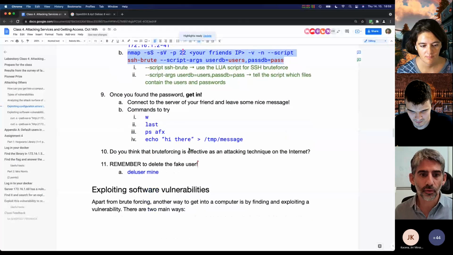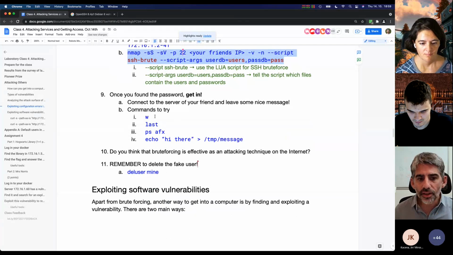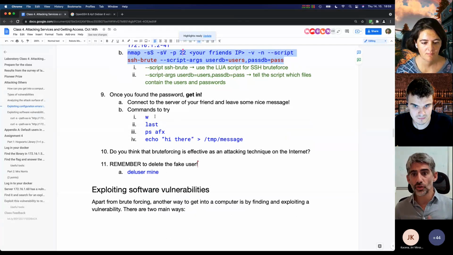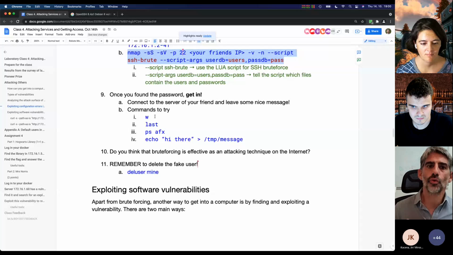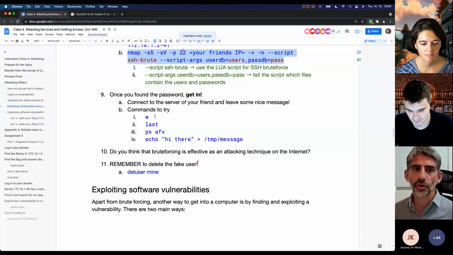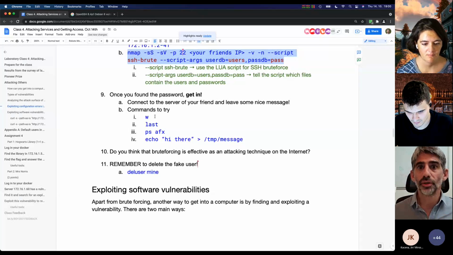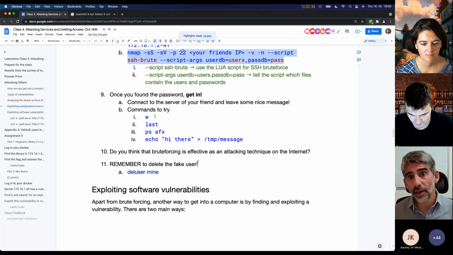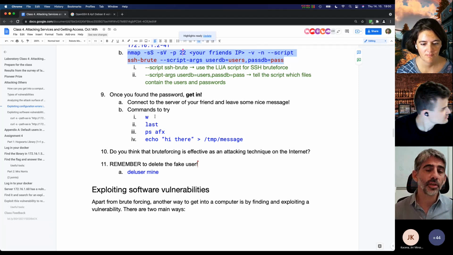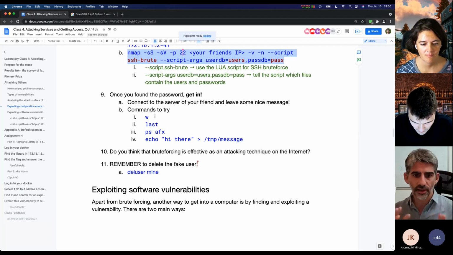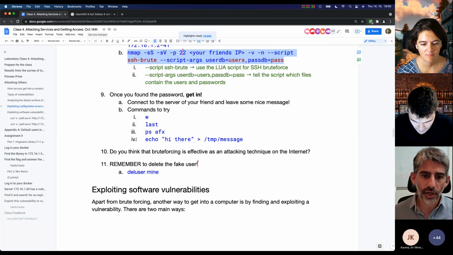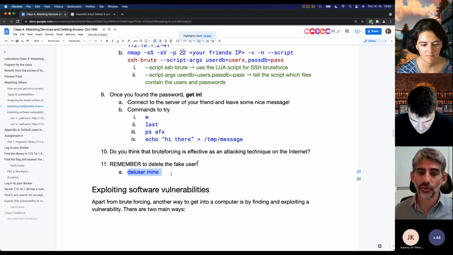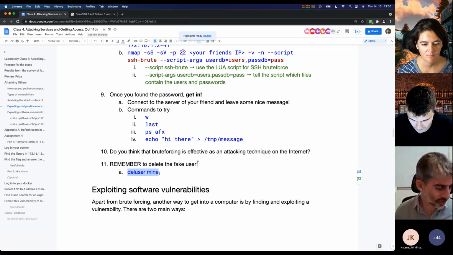After this, we get inside. We did the first exploitation, which is brute forcing. Now you are able to find computers in the network, to find the passwords, and to get into different services. SSH is one. You can do this in many others like Telnet, FTP, the web, TLS, and others. So when you finish with everything, remember to delete the user, because if not, it's going to be there